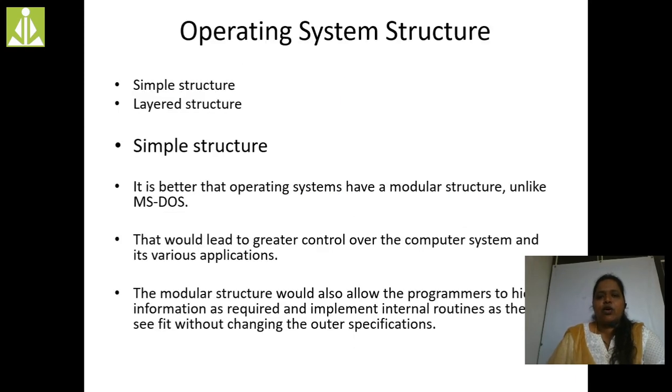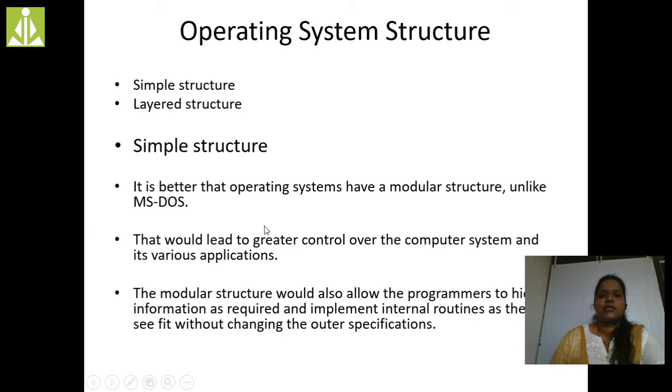And next is the operating system structure. These two are the basic structures. Normally there are six different structures that we will see when we come to the main part of the operating system structure. So what are the two major basic structures?